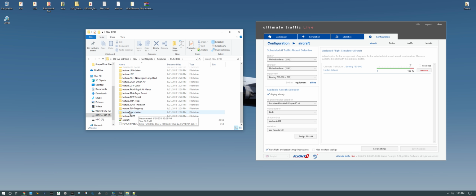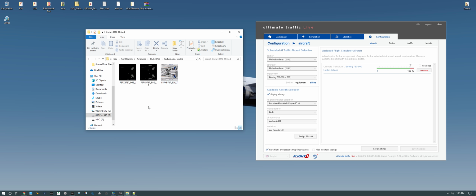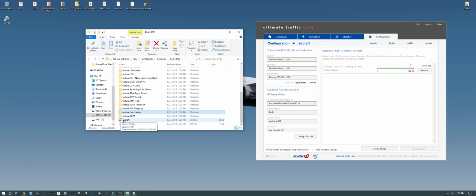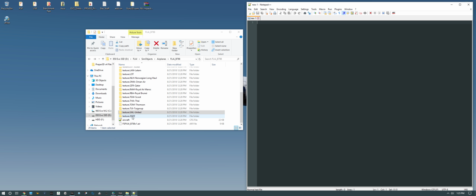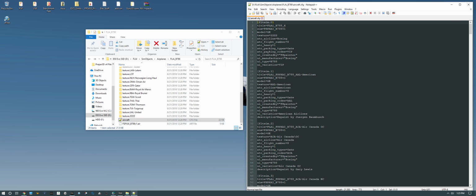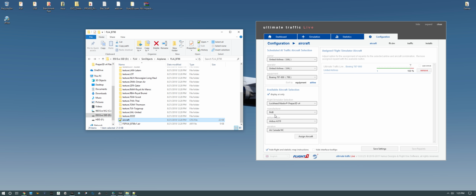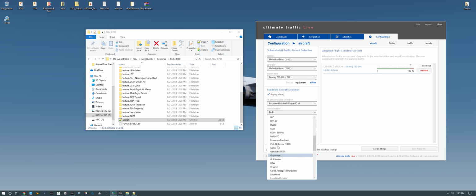And then obviously, you see they have a United model already repainted in it. So I would open up, give me one second, the aircraft config for that specific model, and then I would see who the UI manufacturer is. It's Boeing. Okay, so come over here, go to Boeing 788,